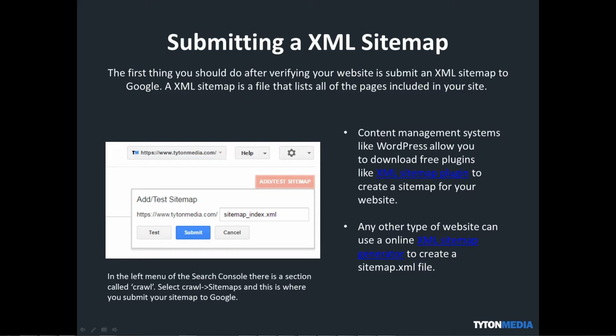I think there's a maximum on it of 50,000 URLs or something. So if you have a bigger site than that, then you'll have to probably get the paid version of it and do it that way. So as far as finding the sitemap section, if you just go into the left sidebar menu in Google Webmaster Tools and select crawl, you'll see a sub menu there for sitemaps, and that's where you go to submit your